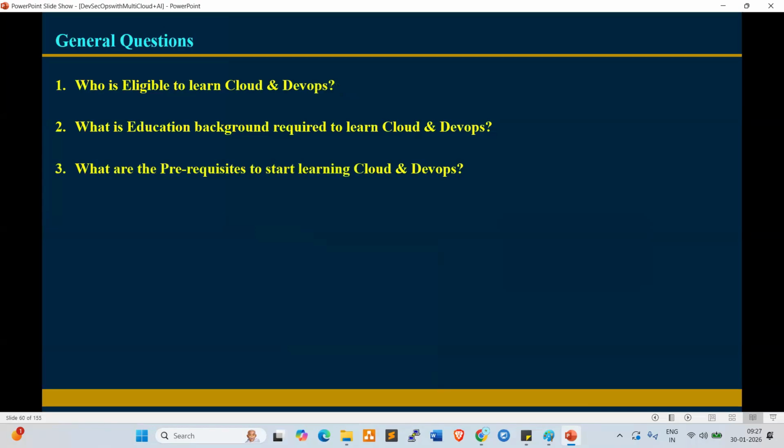The third question here is, what are the prerequisites to start learning cloud and DevOps? If you want to learn DevSecOps and cloud, we don't require any prerequisites. A development background is not required, a testing background is not required, an admin background is also not required. Our role is a different role.